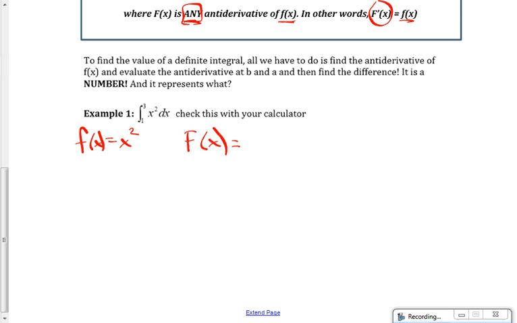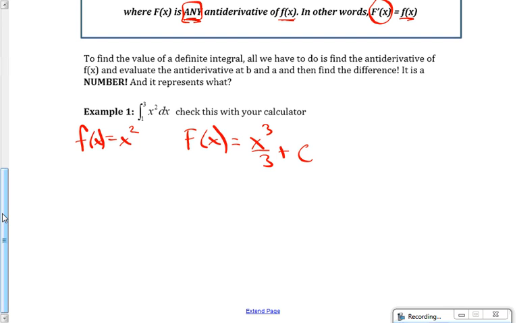X to the third divided by 3 plus c. We okay with that? What rule are we using? Power rule. Okay. Now, I'm going to try to be consistent about notation, and I want you to do the